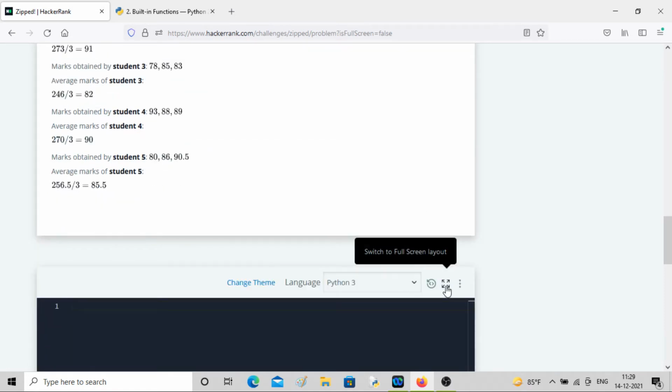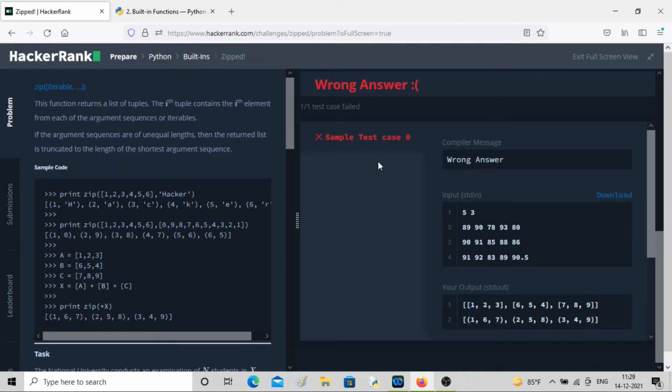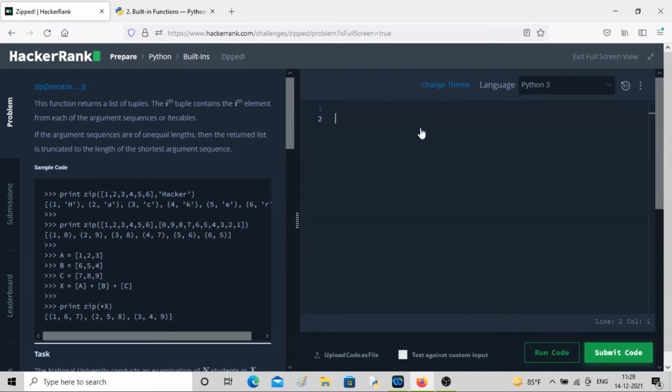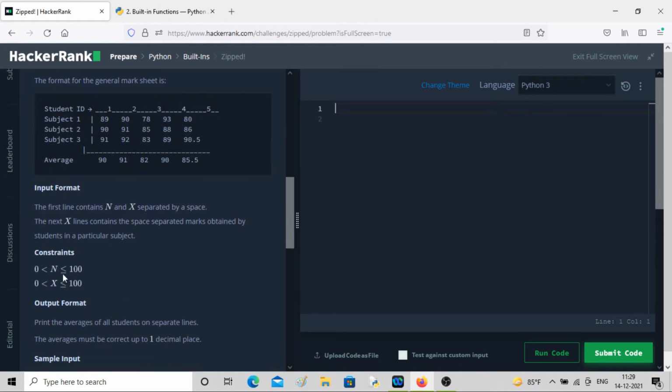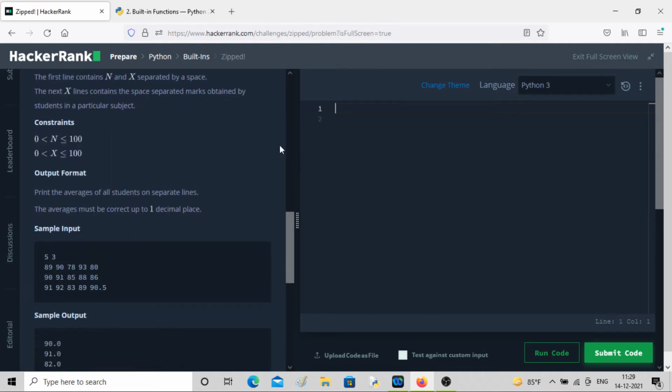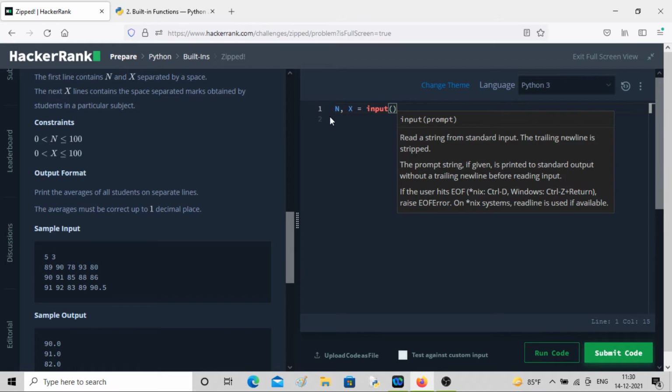So this is how the explanation goes, all the subjects you can calculate. Now let's do the writing. Let's start. So what I'll do is I'll take first the values of n and x. So let me take n comma x. You don't have to provide space, but it looks clean. Input dot split.